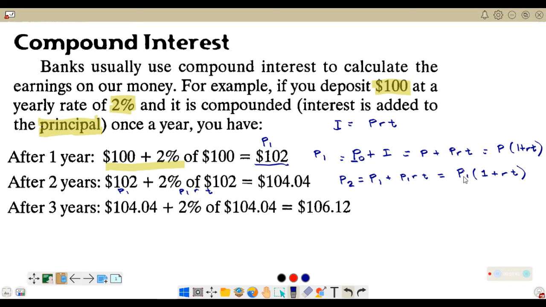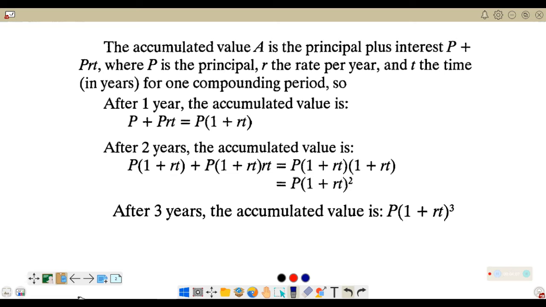But we have here a formula for P sub 1, and P sub 1 is actually equal to P times 1 plus RT. And you have another 1 plus RT. So, at the end of the 2-year term, you have P times 1 plus RT twice, or squared. And if you are going to continue this process, you can actually end up with